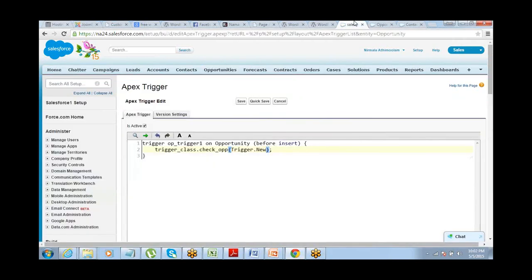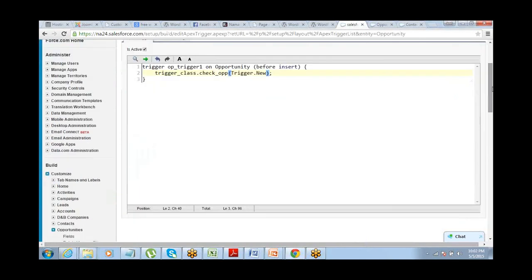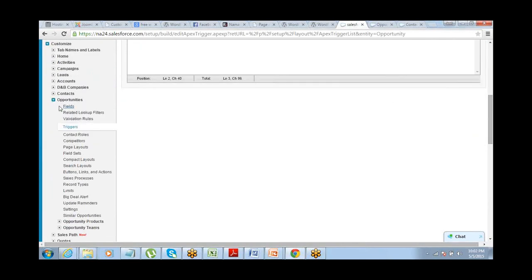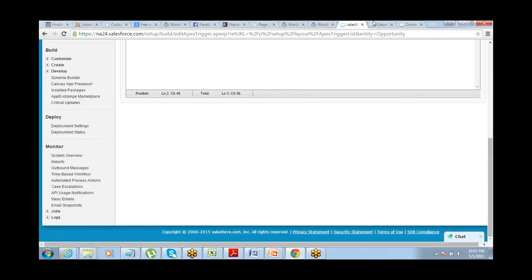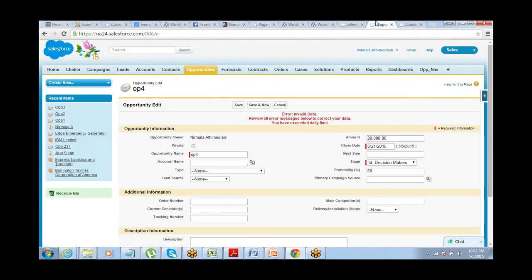In case you want to let the end user know what the available limit is that is still left, what is the maximum opportunity amount he can use, just define a variable there, calculate the value and display it.